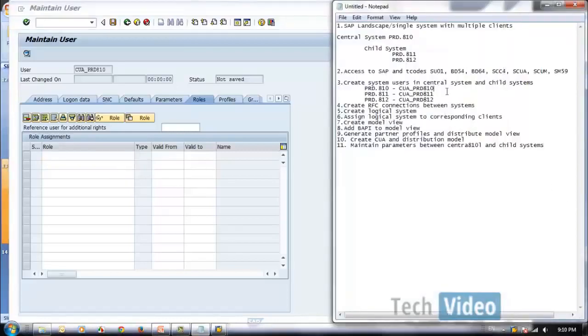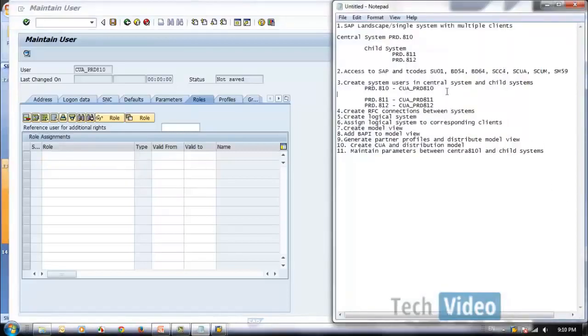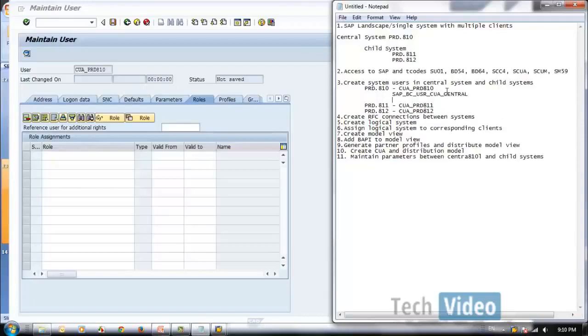The first role, for the central system, you need to have these roles: SAP_BC_USR_CUA_CENTRAL. So this is our first role, and we will also have another CUA role,